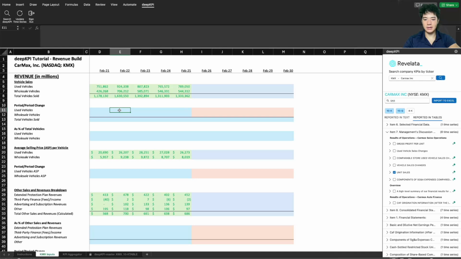Since we have the KPIs together in a time series format, it makes it super easy to input all of these drivers. So in seconds, we've input these drivers that we can make assumptions off of to forecast the growth of used